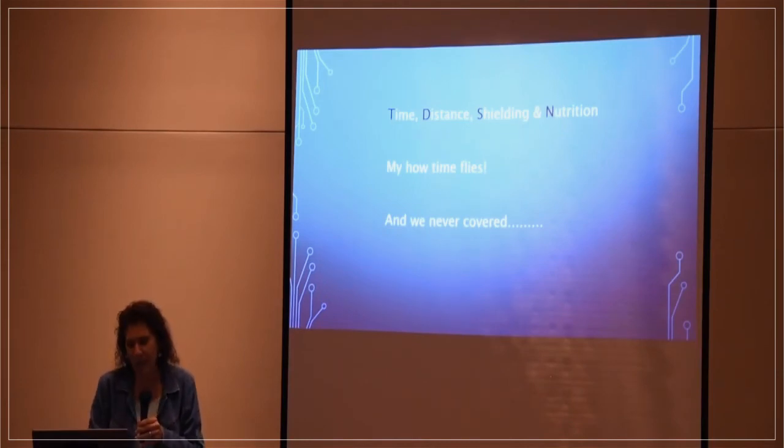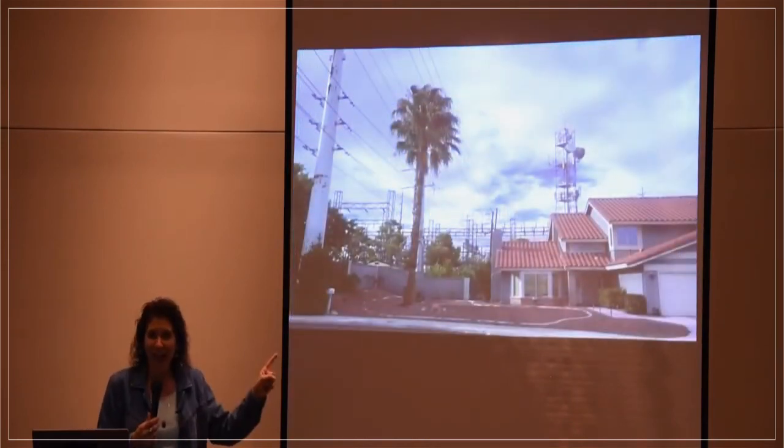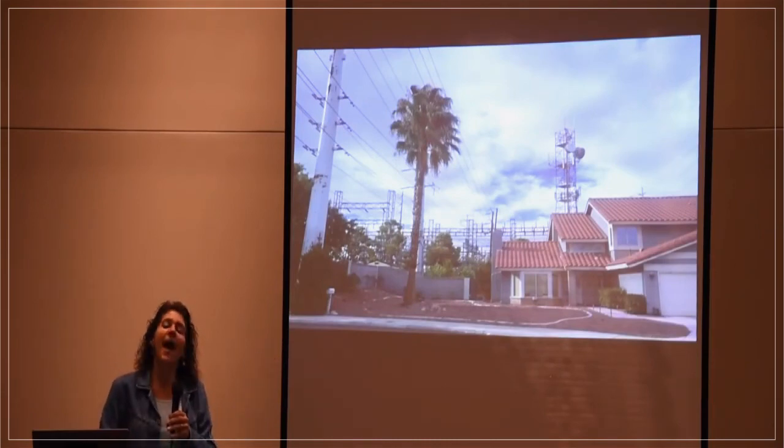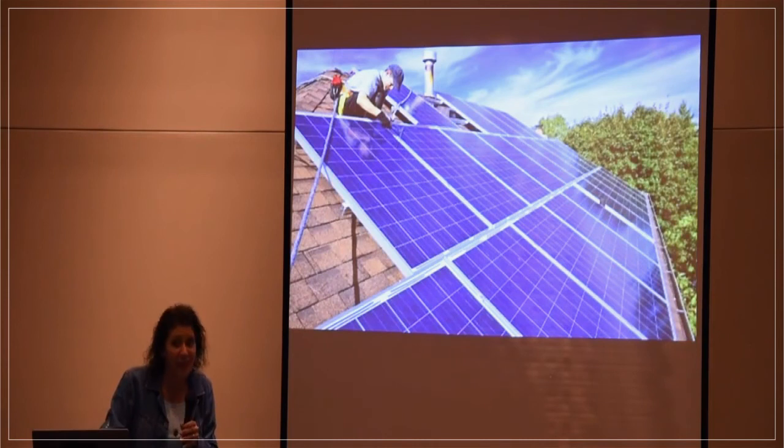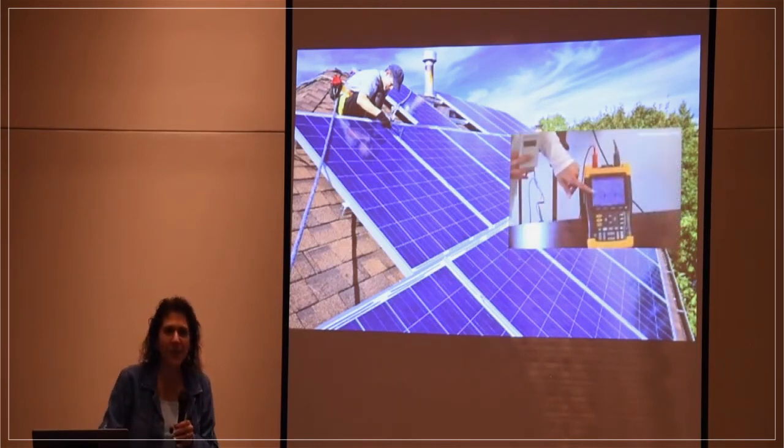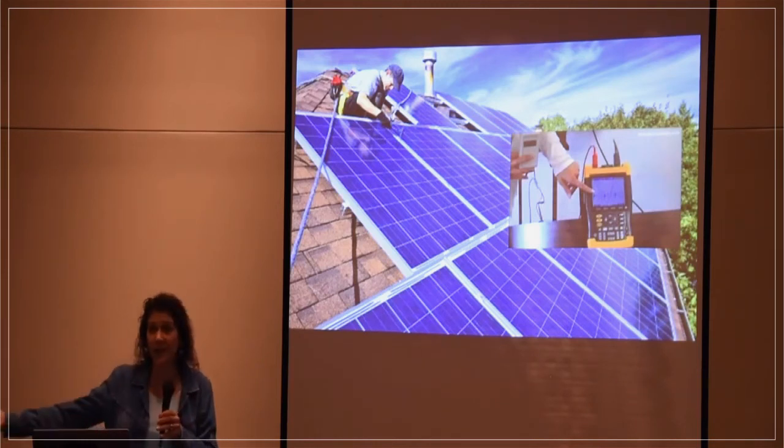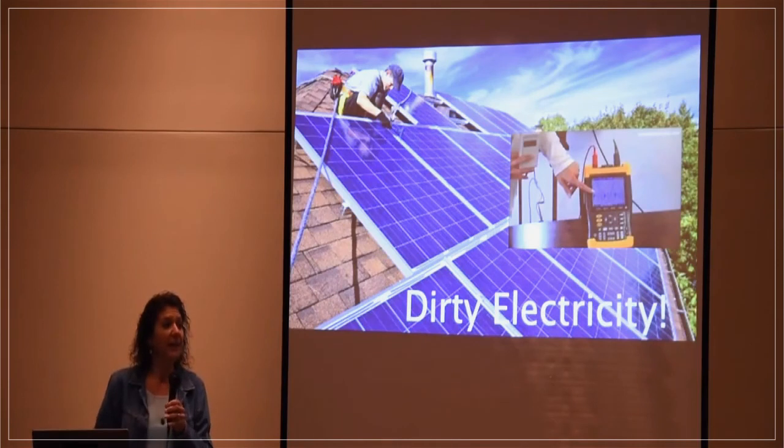My goodness, how time flies. And we never even covered that. We didn't cover what's happened to the people living in that home. We didn't talk about solar heating and solar electricity, and we didn't talk about dirty electricity. When you plug something into the wall and create dirty electricity called harmonics, you don't want them. Harmonics is just a nice word. It's a terrible thing to have in your home. And most of you have kilohertz in your home, right next to your bed where you're sleeping, that are literally above 40 kilohertz. You'll have them at 800s, 900s, 400s. You can only measure them with a stabilizer meter, with a GS filter,